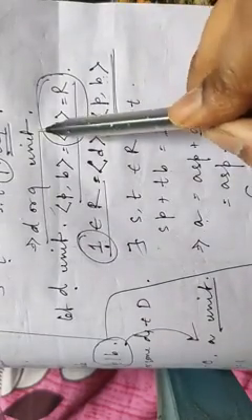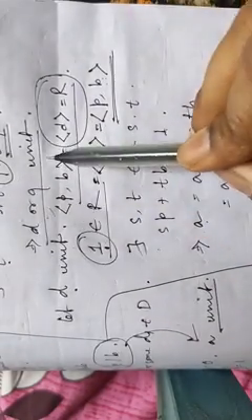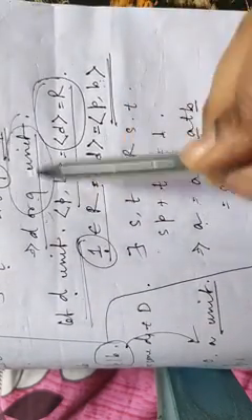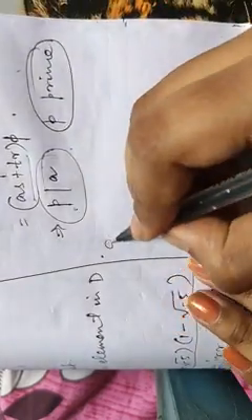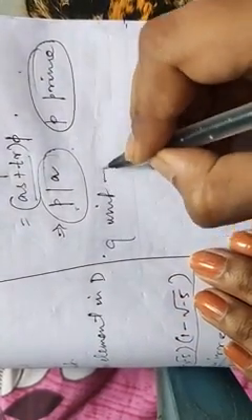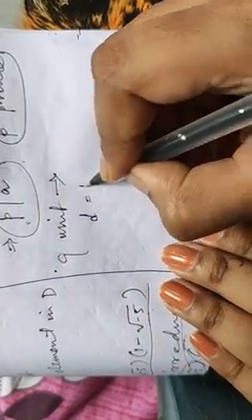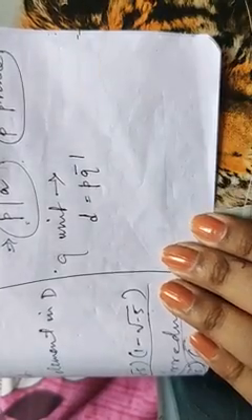Similarly, we consider the second case, that is Q is a unit. We considered the first case where D is a unit. If we take the second condition, that Q is a unit, similarly we can prove it. If Q is a unit, then we can write D equals P times Q inverse.